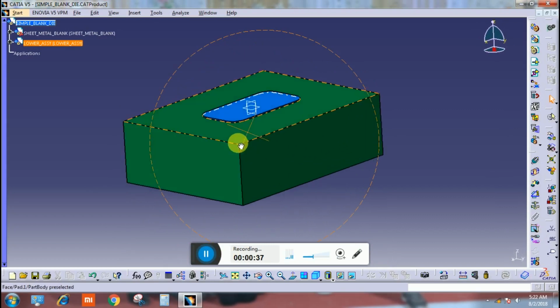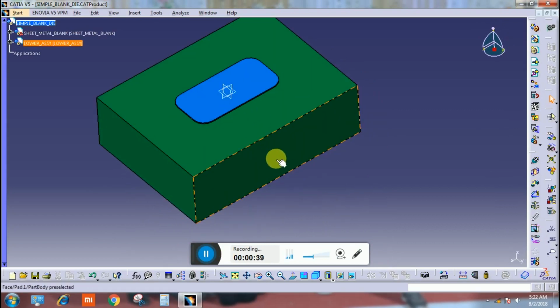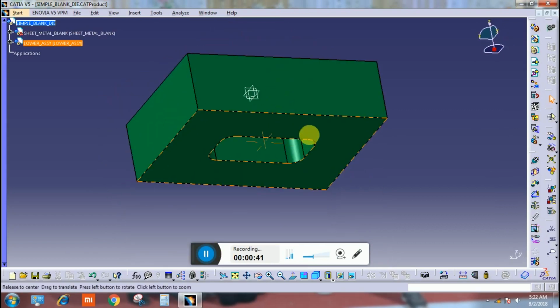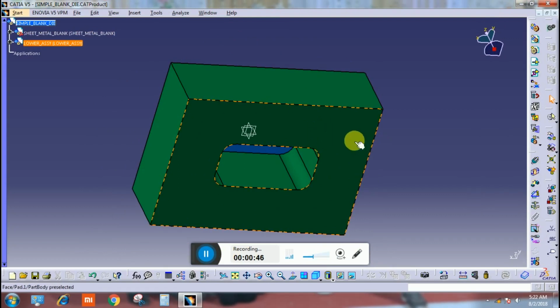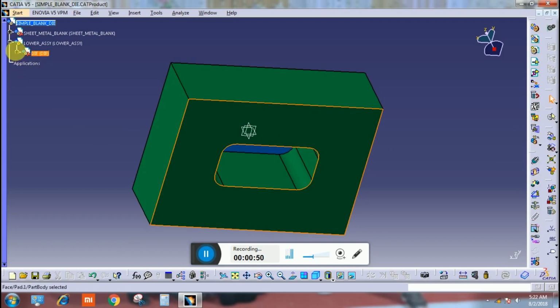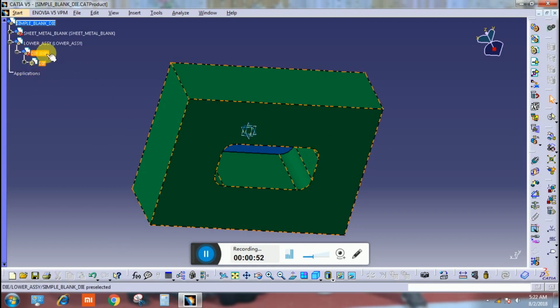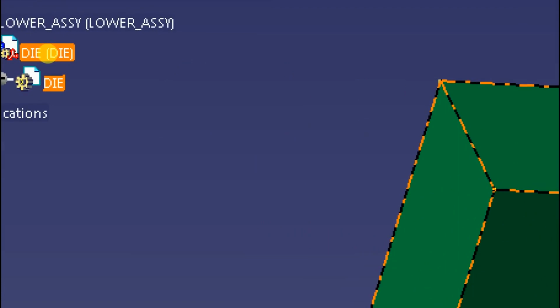Click on the opposite face of die and click here on die. See this?